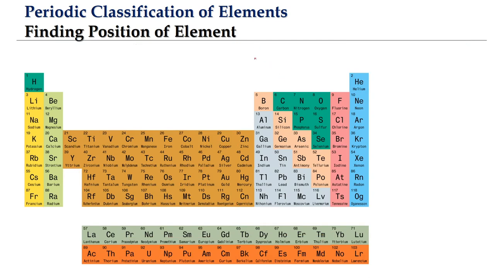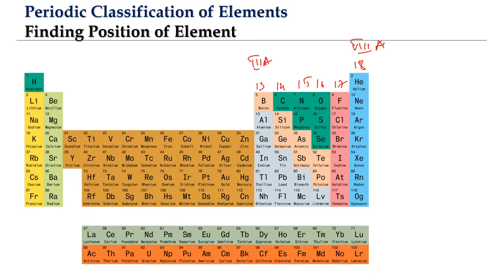Now let us come to the p block. So p block is from the 13th to 18th in the old numbering system. So we have the numbering given from 3a to 8a. That is the old numbering system. New numbering system is 13th to 18th. Old numbering system is 3a to 8a.